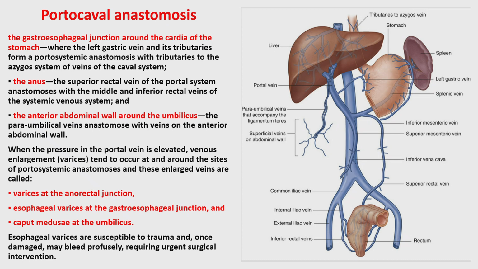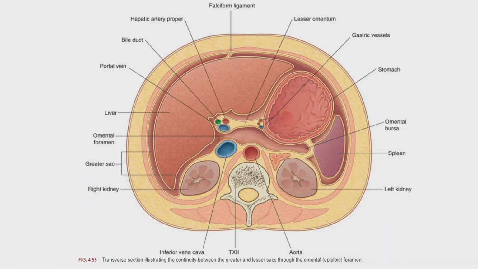And here again, a recapitulation of those structures that were said: rectum, esophagus, and caput medusae, with another picture for better understanding of this. And back to the cross-section and position of the portal vein. We said that the formation of the portal vein happens behind the neck of the pancreas, and then the portal vein is passing through the